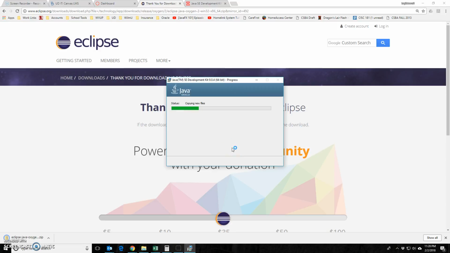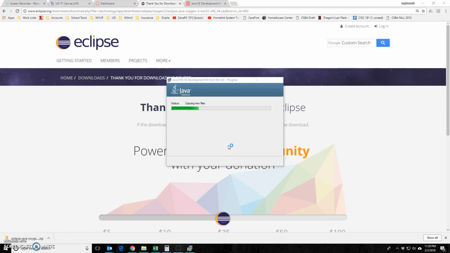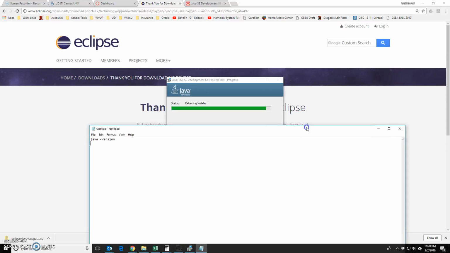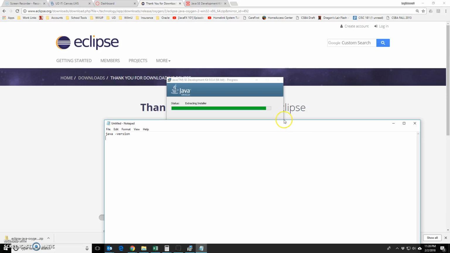Then open up a new command prompt and type in java -version. I'll show it in Notepad what it will look like. That command will pop back to you the version that's installed. And it should be 1.9.04, what we're just installing now. Remember I had a whole bunch of different Javas. Only one of them can be the default version. If it comes back as a different version, or worse, does not come back at all,